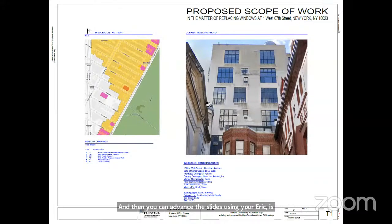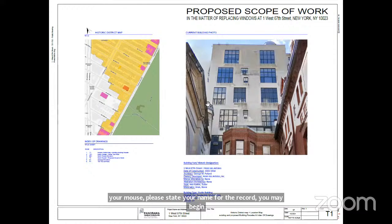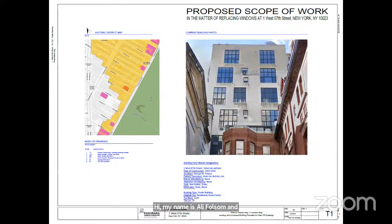Hi, my name is Elliot Folsom and I'm here from Panorama Windows. And I am going to talk to you about the alteration of one masonry opening in the rear of 1 West 67th Street, the Hotel des Artistes. So I'm going to be very brief because it's pretty cut and dry, but basically the image on the right is a photo of the